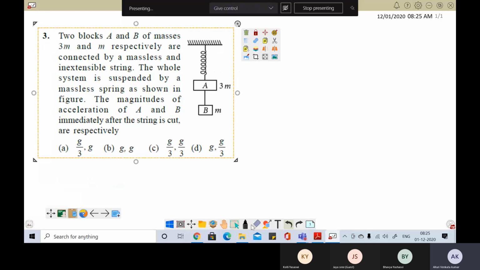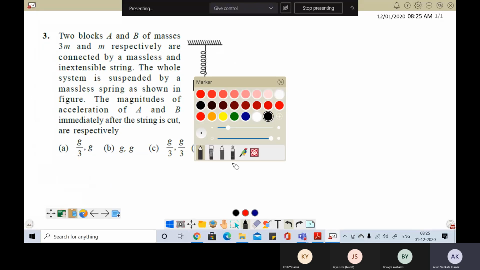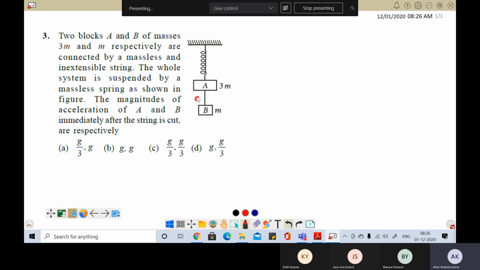They're asking us to find out the accelerations of both the blocks when the string is cut between A and B, correct? Here is the cut. So now before cutting,